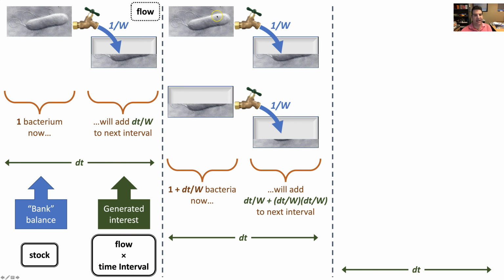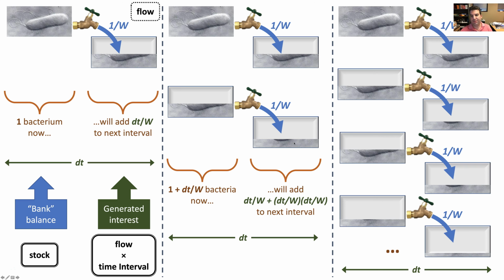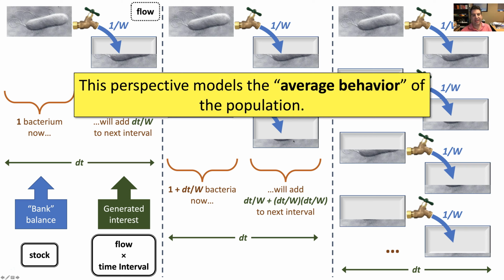So in the next time step, or the next compounding period, we take the original principal and the interest, and that becomes all principal, and then both of them start pouring out their own interest, and then that repeats. And that kind of ends up being the perspective of how the average number of bacteria change over time. So if you're looking at that petri dish from afar and you look down at it, you see these nice spheres or these nice circles that grow at what looks like a smooth rate. And that, from the mile-high perspective looking down, we're sort of capturing the average behavior, and that seems to be kind of good enough.